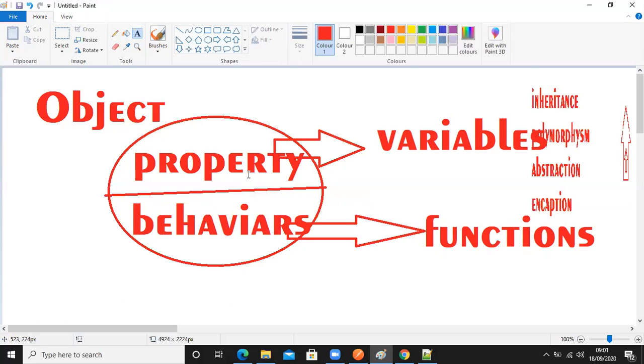Each and every behavior is one function here. Like that, one object can hold multiple properties and behaviors based on why the object is manufactured. If it is a very big object, that can be there. A very small object is also there, no problem. But anyway, properties and behaviors will be there.